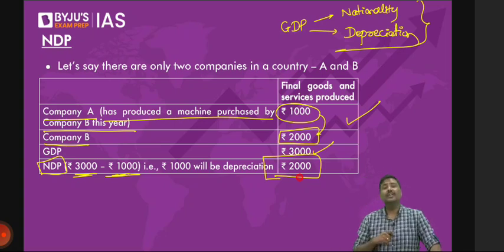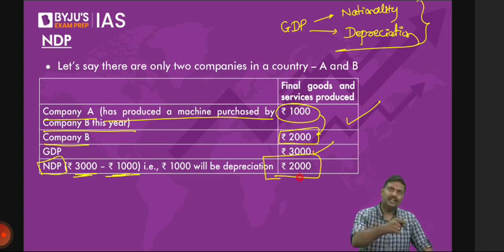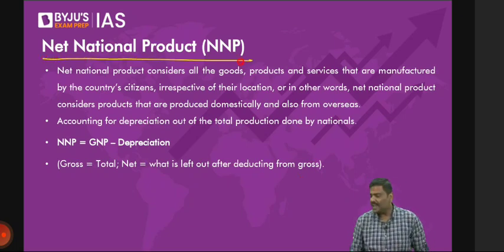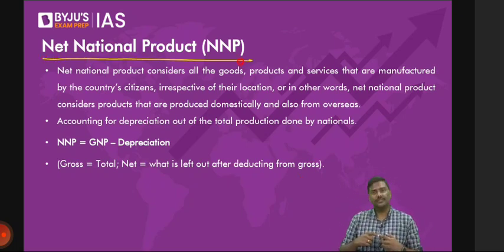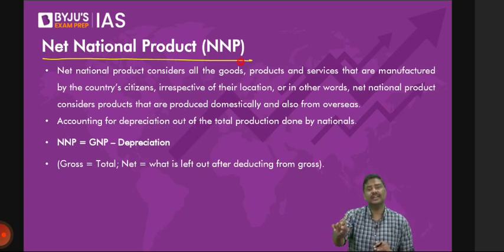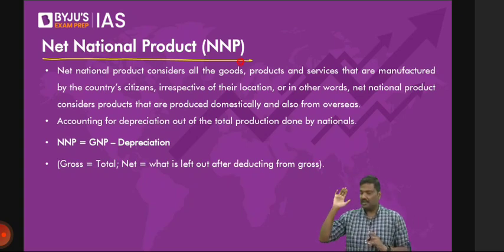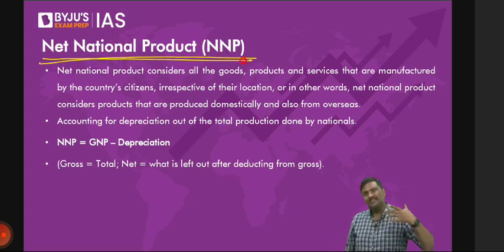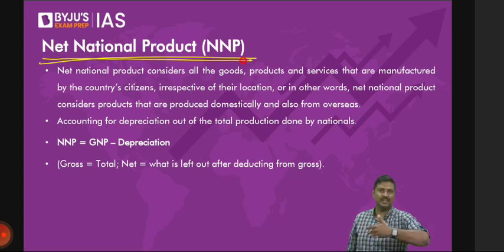It is a much better indicator compared to GDP. And finally, NNP, net national product. What is this idea of a net national product? Simple. Net national product is the market price of all the final goods and services which are produced by the nationals of a country, after adjusting for depreciation. I'll repeat it again. NNP is the market price of all the goods and services which are produced by the nationals of a country. I'm using the term nationals. Some of the books will also use the term normal residents. Much more technical. Again, don't run beyond the definition of normal resident. So, nationals of a country after adjusting for depreciation.